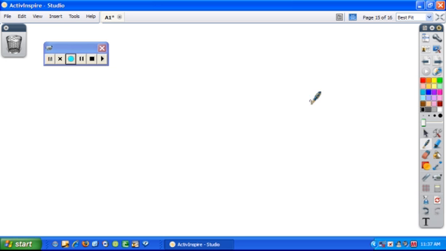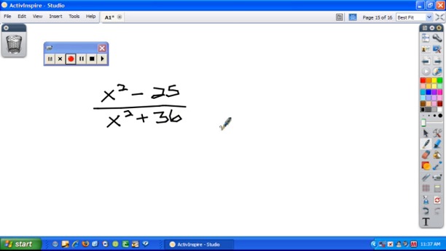Let's do, how about x squared minus 25 over x squared plus 36. Now this problem is actually a little bit tricky because x squared plus 36 will never equal 0. It can't be factored, but even if you try to solve it, watch what happens if I try to solve it. So if I set this equal to 0,